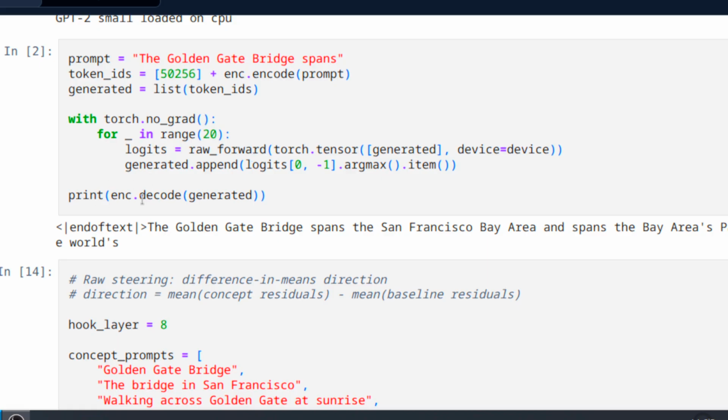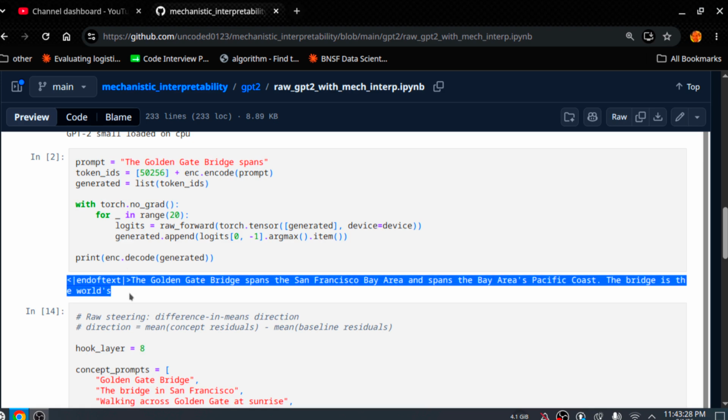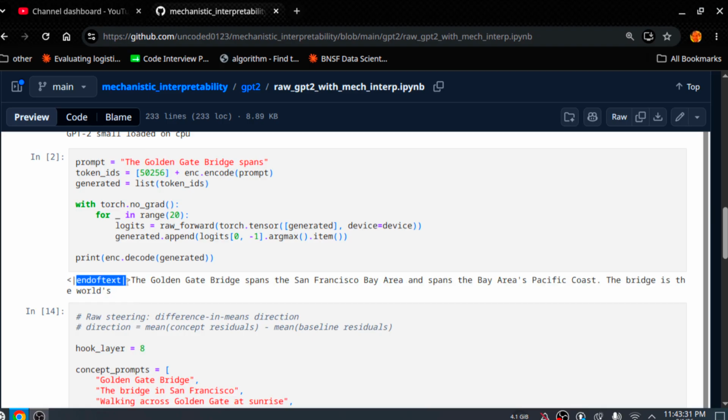Once it's finished, it would drop down here, take the encoding, and decode the list of numbers, which would convert it into text, and then it would output this. So let's see here, it says end of text, which is this token, and the next token was... Sometimes tokens are partial words or groups of words, or characters. So if it was individual words, then the output would be